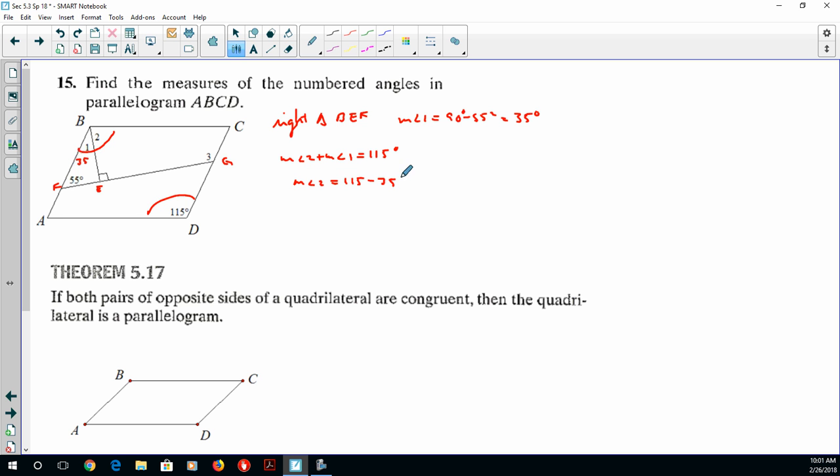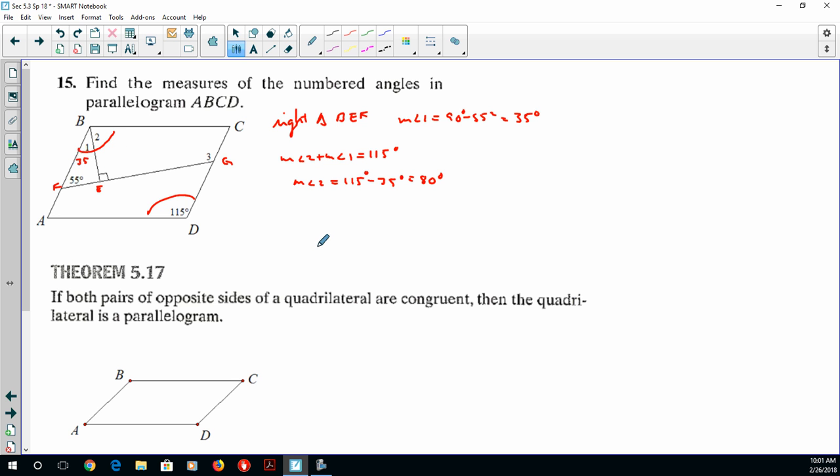So the measure of angle 2 is 115 minus 35 degrees, which is 80 degrees. Okay, so I've got that. And 3 is pretty easy too, because we had a